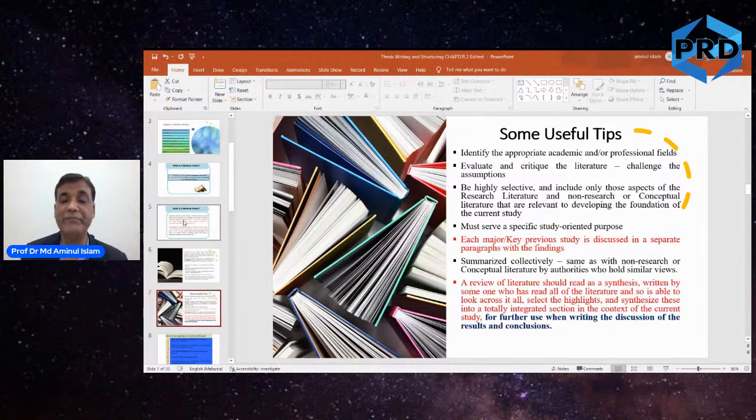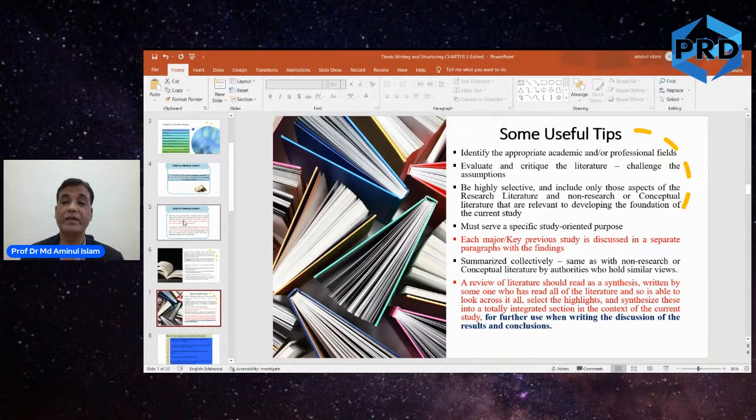So you can say, based on the 4 cited papers as above, it is understood that, and go on. So you have to have your own inferences. And even you can connect it with the premise of research. That is where you are collecting the data. It could be your own country.